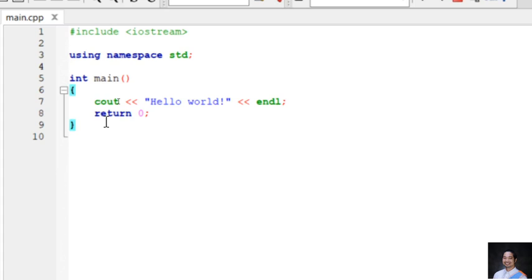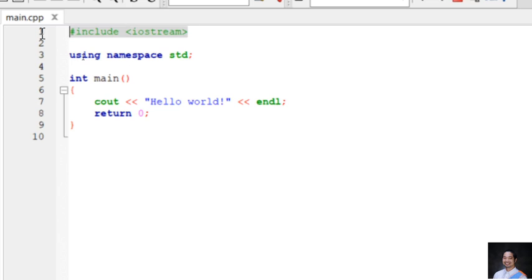In Code::Blocks, once you create your file, you will have this predefined code, so you don't need to type the preliminary code to start coding in C++. Unlike Dev-C++ and CPP Droid, where you need to type from the very start. So I'll be using Code::Blocks for this.